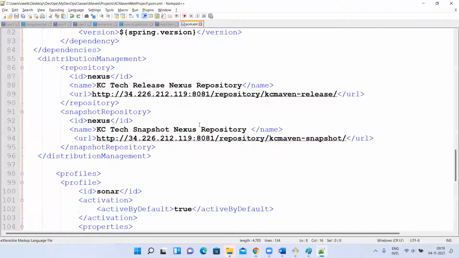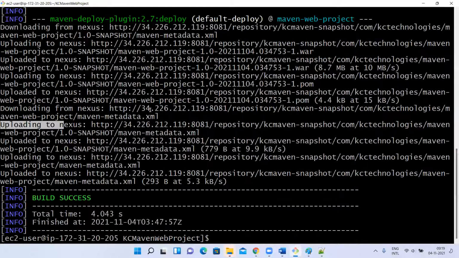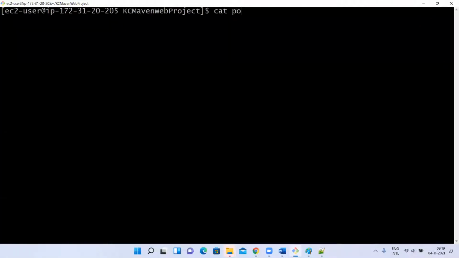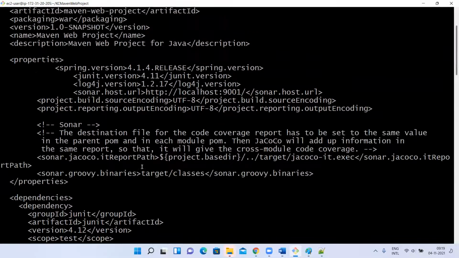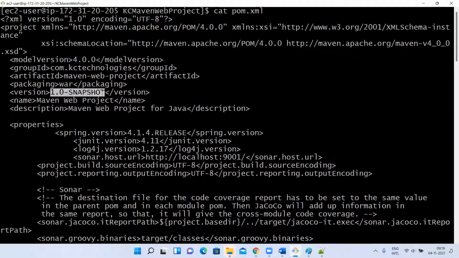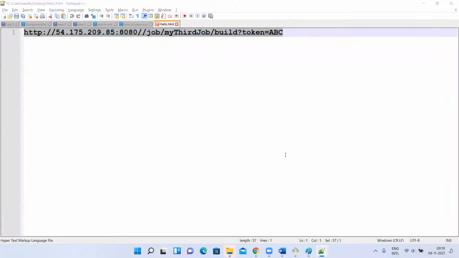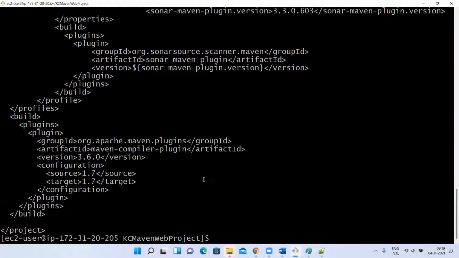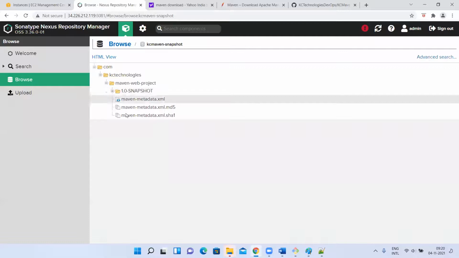Okay. See, this is my local, whatever I have. But inside my Git, where I cloned and am using, if I type cat pom.xml, here it is snapshot. Here I have executed my Maven goal, right? Here it is snapshot. I opened the pom.xml from my local just for reference, but I executed the Maven goal from here, so it has uploaded from here. In this pom.xml we have a snapshot, so it has uploaded to the snapshot repository. Have you understood? See, 1.0 snapshot. It has uploaded. Yes or no, guys? Have you seen this?